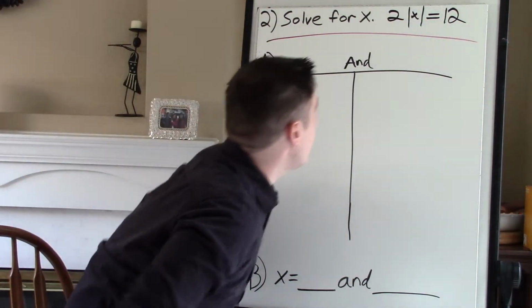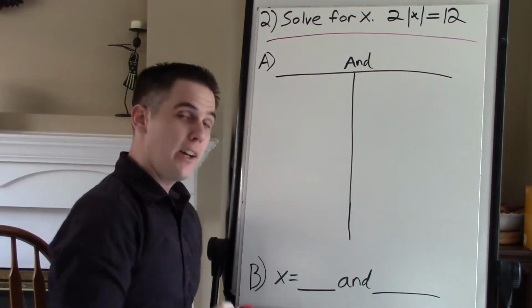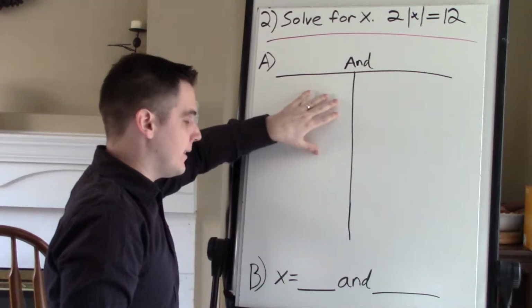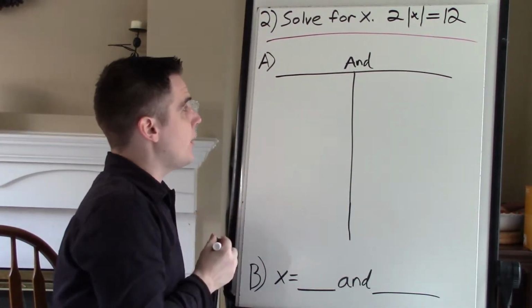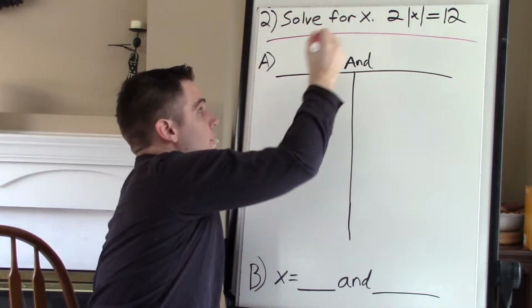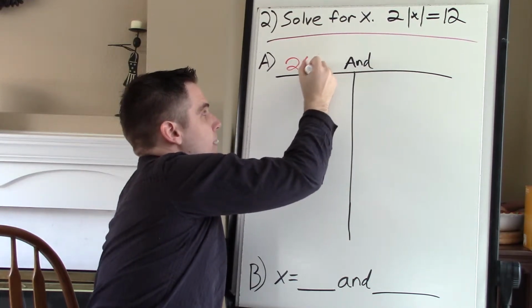Number 2, solve for x. 2 times the absolute value of x equals 12. Okay, a little bit of a curveball, but we're pretty much going to do the same thing. We're going to make two equations. So again, just like the first problem, we're going to at first ignore the bars. 2 times x